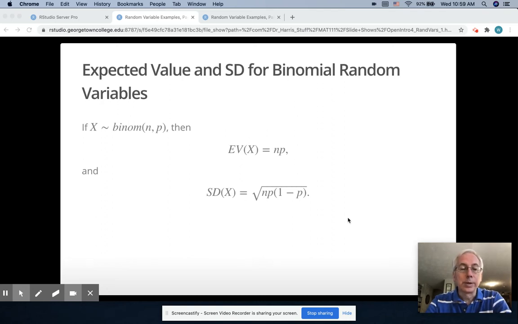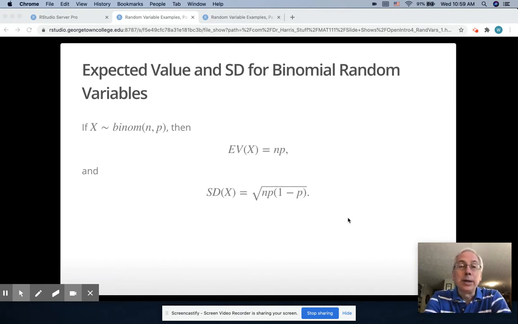Hello, it's Dr. Harris, and there's one additional topic related to binomial random variables that I wanted to discuss somewhat quickly, and that is determining the formulas for expected value and standard deviation when you have a binomial random variable. So, under the assumption that x is binomial with n trials and probability of success p,